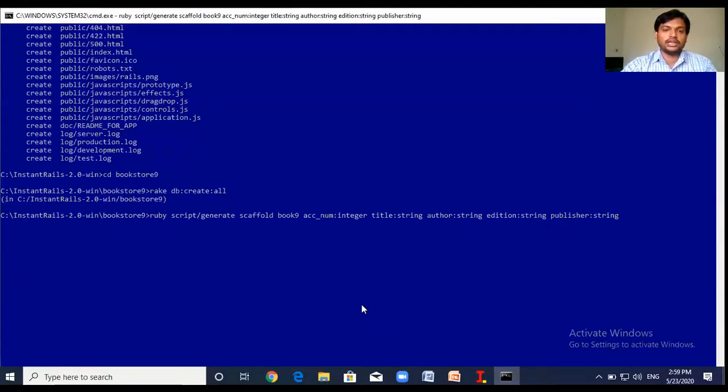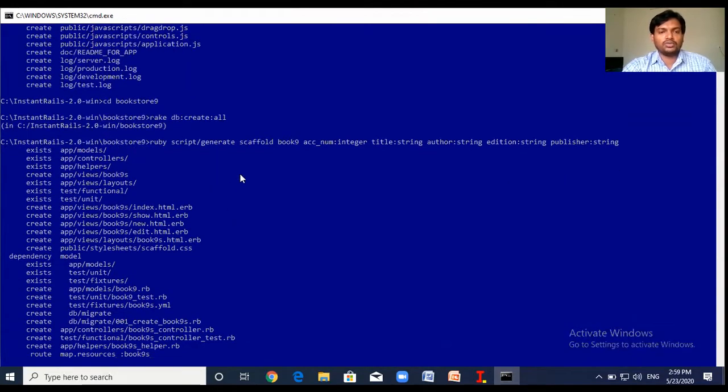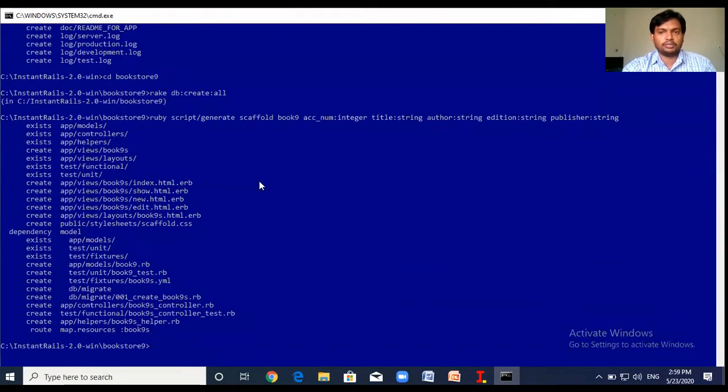It will create a table with the name book 9. It takes some time, in seconds. This is how we are going to create the table. Now the table is created.